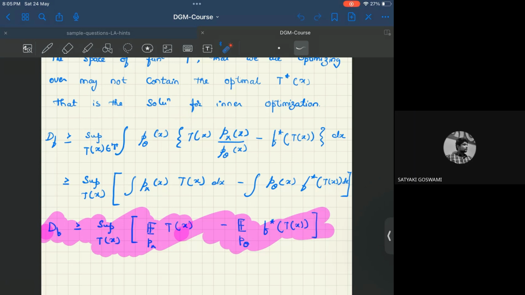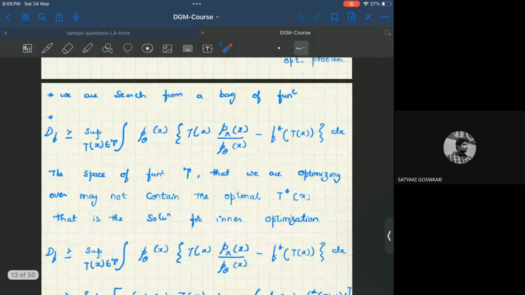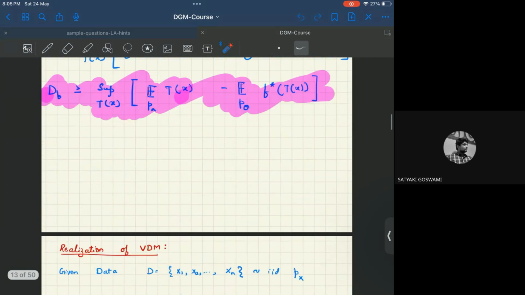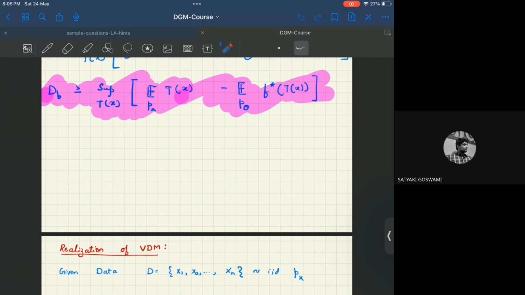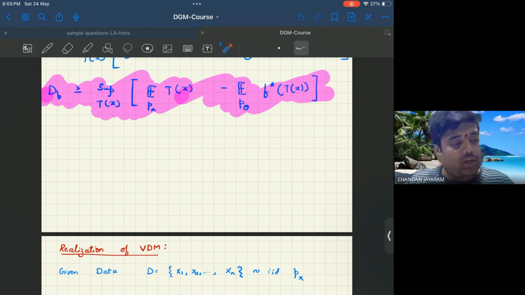Okay, sir. The second question is a bit, I'm not sure if it is generic, but this function space script, down the line, would we see it again with more specific definitions, like the constraints or conditions that are to be satisfied? Yes. Once you go further, that will be clear. I think you haven't looked at the VDM formulation and how you realize GAN using that. Correct, sir, I have just started the second week, so I have not gone into depth as of now. Yes, it will be clear at that time.